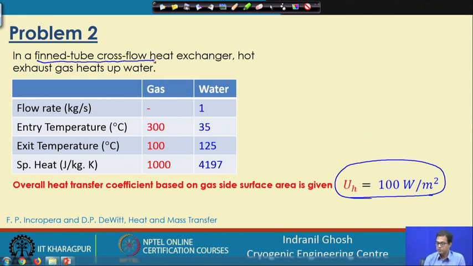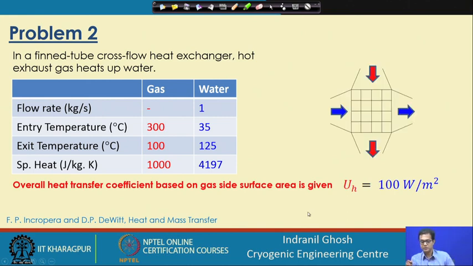So, instead of telling all those details to find the internal or external heat transfer coefficient, this overall heat transfer coefficient has already been given to you. So, what we are supposed to find out is